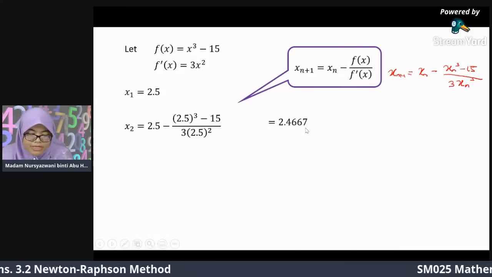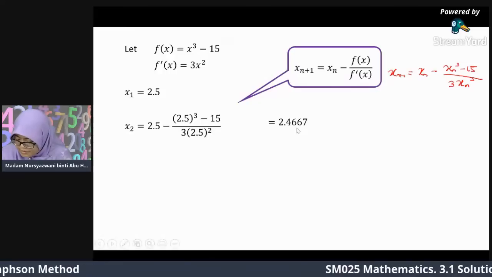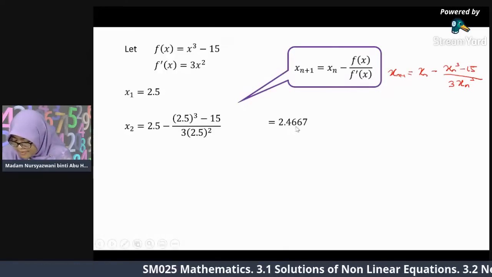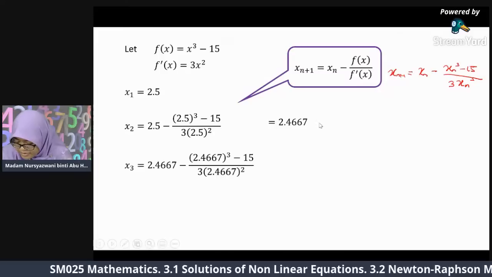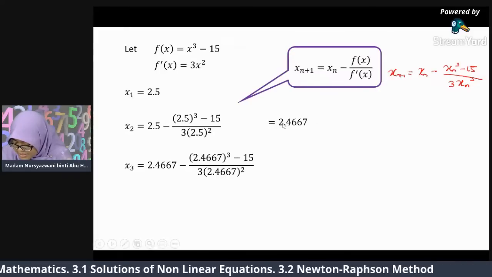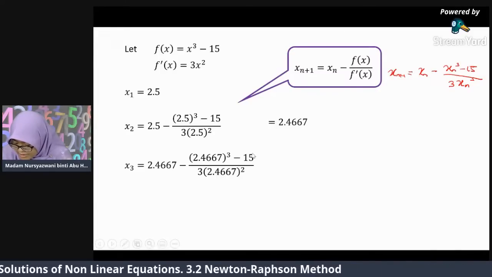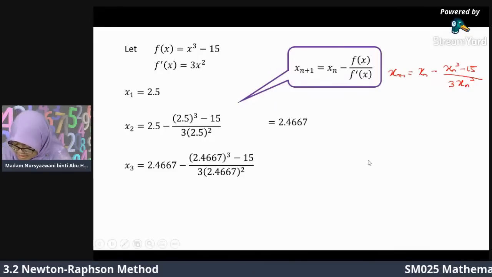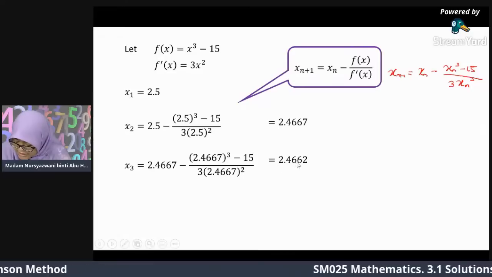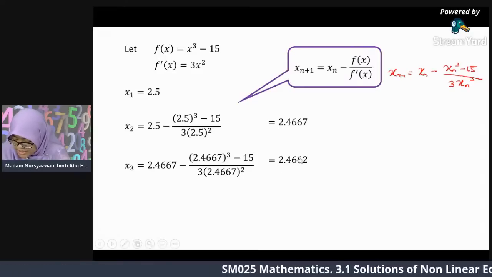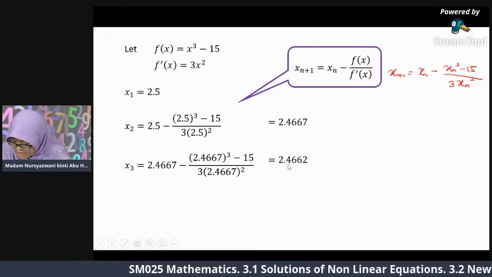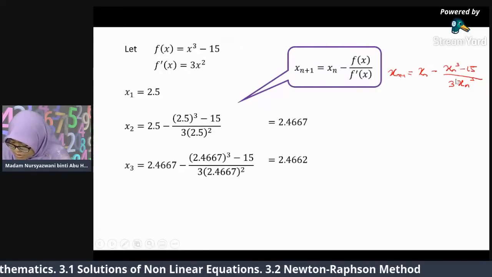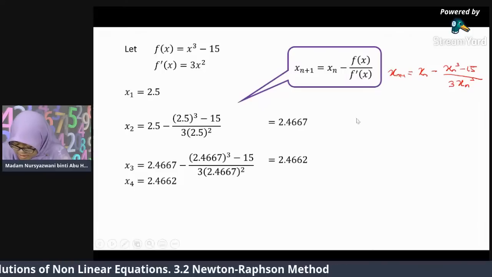Okay, soalan minta tadi 3 decimal places. So kita kena bagi extra lah 4 decimal places. Okay, now we substitute this value into the formula. Maksudnya we repeat the process and we get 2.4662. Okay. So we repeat this process again. We substitute this value into the Newton-Raphson formula and we get